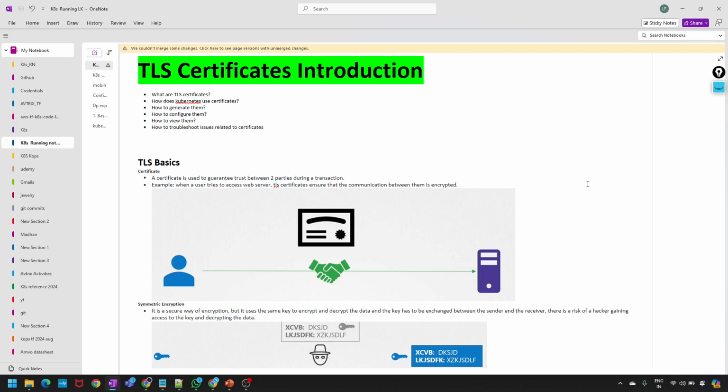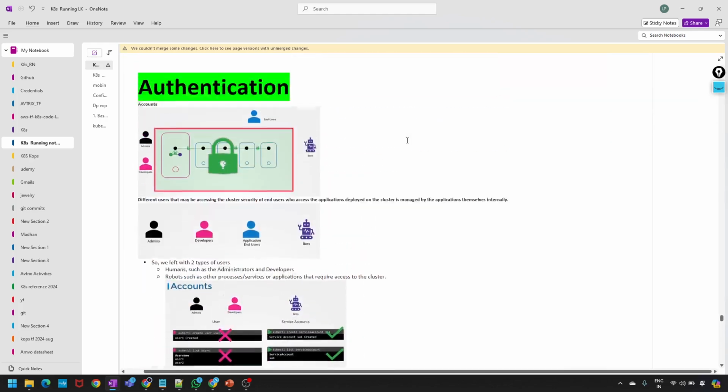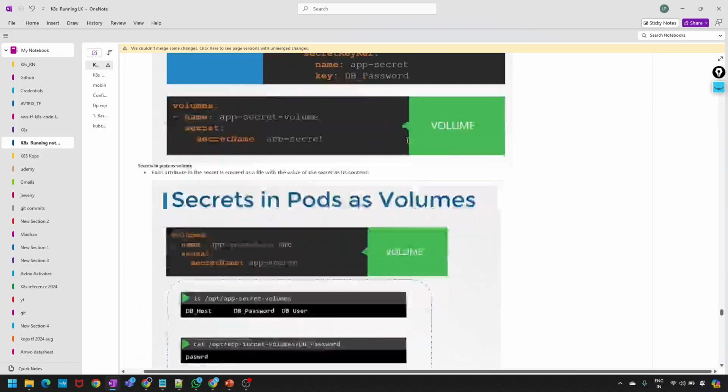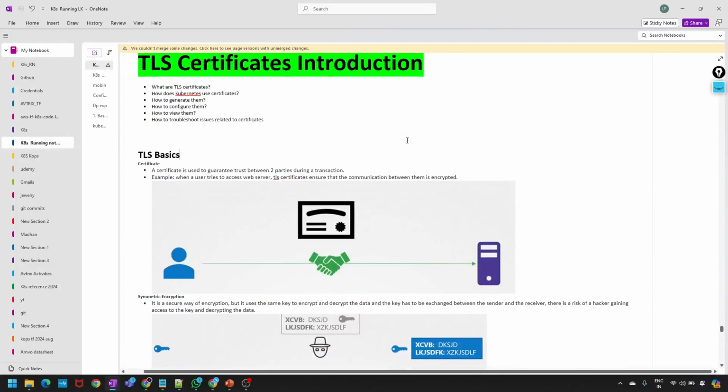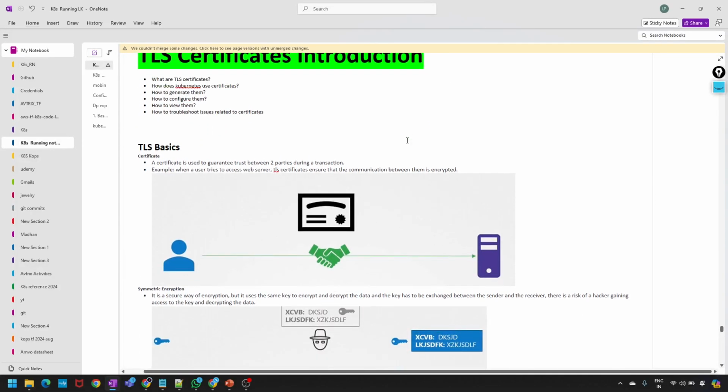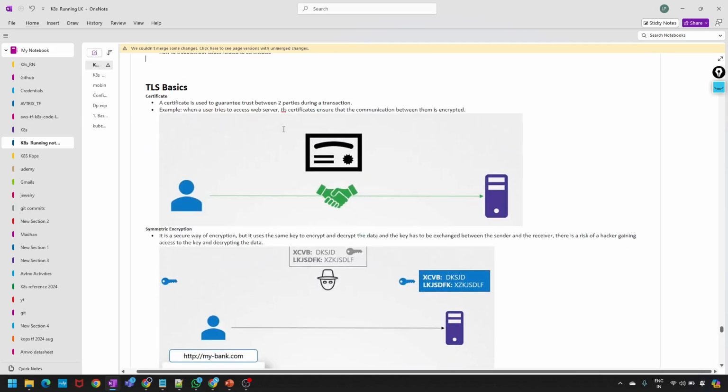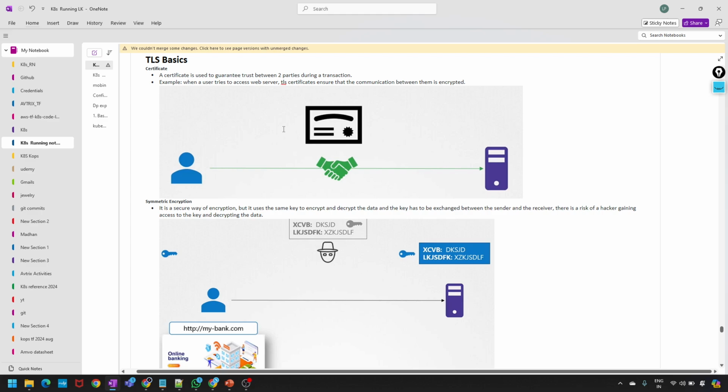Yes, sir. Last class we discussed TLS and security, all of the security authentications. Okay, security authentications we have seen, and we should deep dive into these TLS certifications. So what are the TLS certifications? How does Kubernetes use certificates? How to generate them, how to configure them, how to view them, and troubleshoot issues related to these certificates, we'll see. So what is exactly